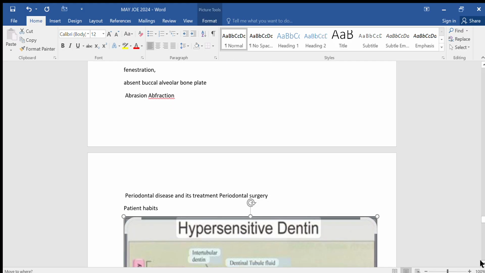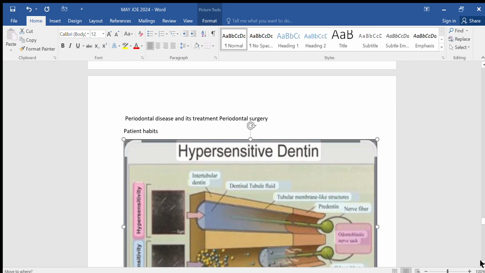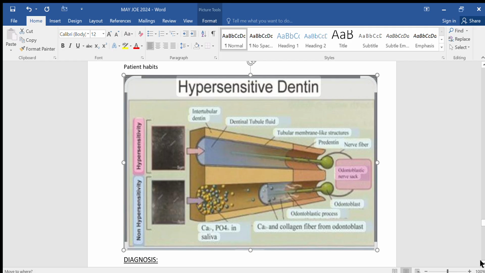And how will you explain the theory behind the hypersensitive dentin? The most common theory that explains the pathogenesis, the mechanism behind hypersensitivity, is known as the hydrodynamic theory. This hydrodynamic theory, proposed by Brännström, is the most accepted explanation for dentin hypersensitivity. It states that external stimuli in the form of cold, heat, sugar cause fluid movements